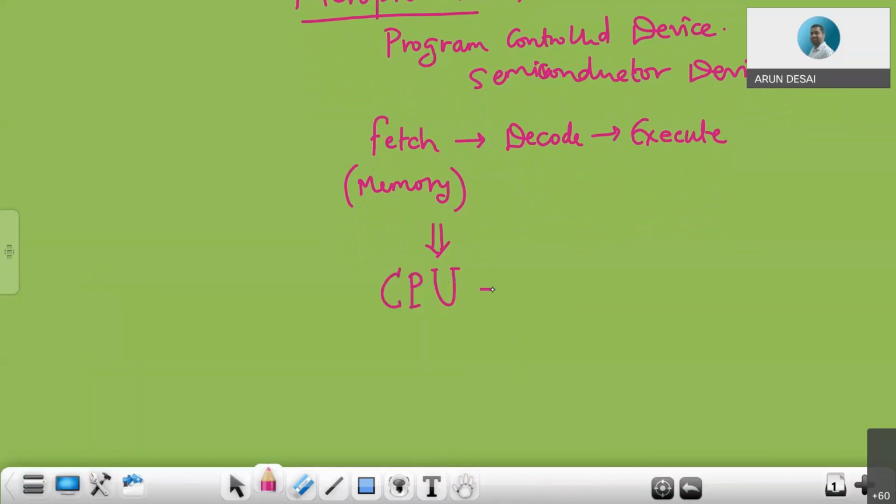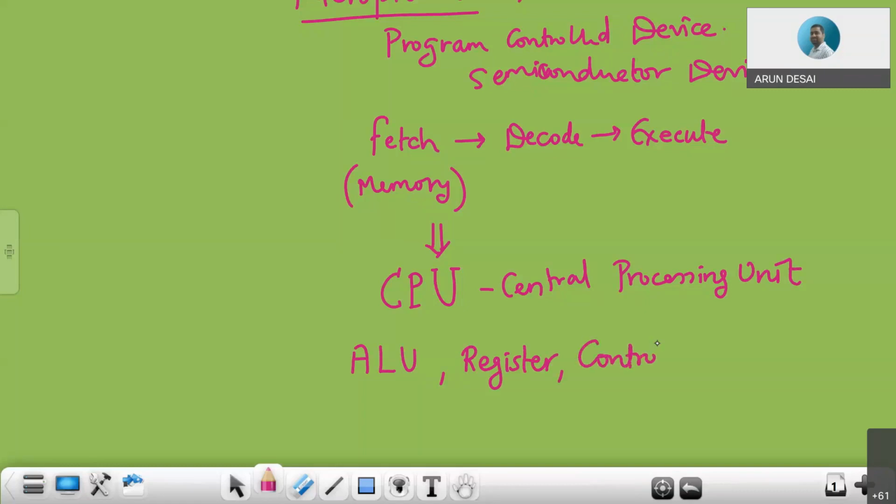Yes, it is the central processing unit. This microprocessor is basically used as the central processing unit in a computer, right? What all things are there inside this microprocessor? There are ALUs, then a register array or registers to store information, and then a control unit to control all the things or